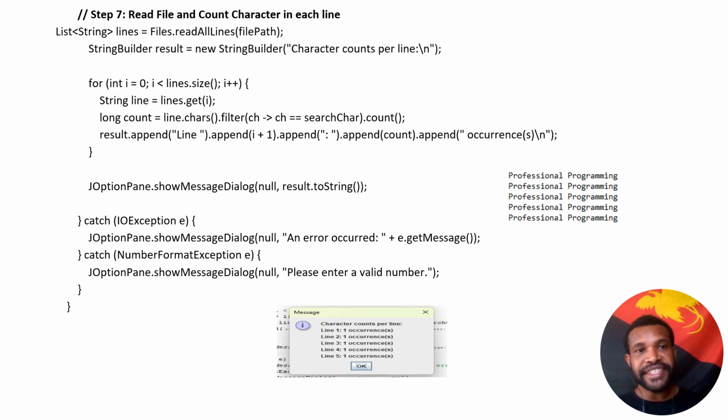So in step number 7, which is the last step, it says read file and count characters in each line. So the character count per line it will read. The character that I have entered is E, which I entered in the string that I wrote, professional programming, and the character is E. So when the